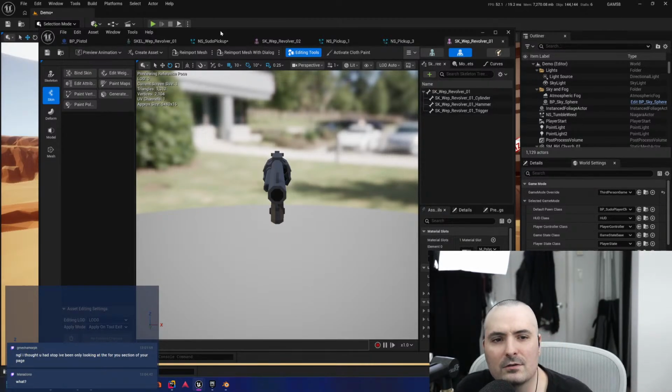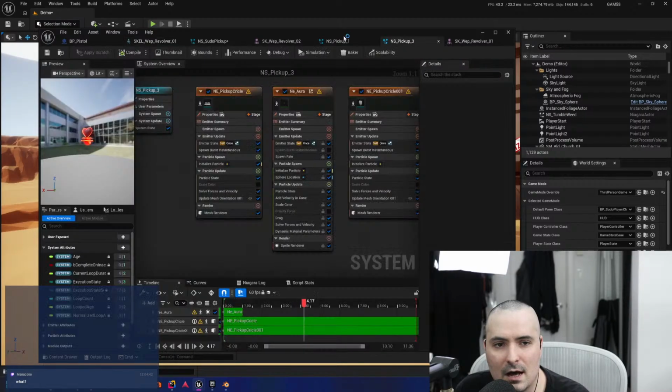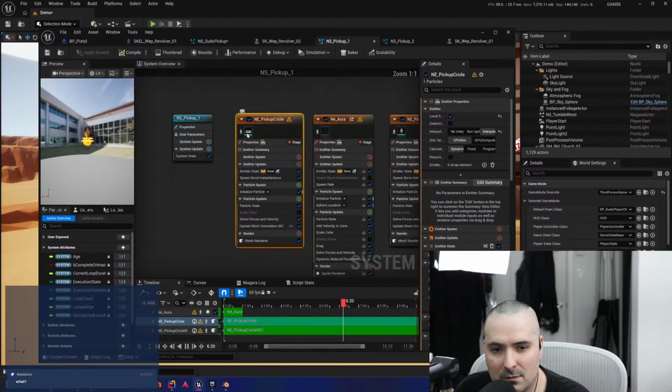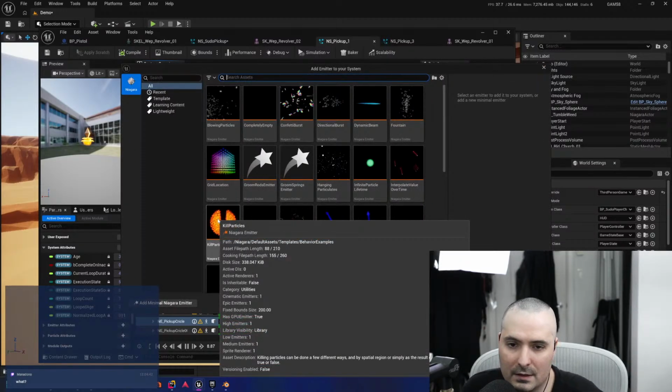I'm trying to convert this skeletal mesh into a mesh. I just want it to be a static mesh because the skeletal mesh doesn't work, as far as I realize, with the Niagara system, because it only works on that. Because if I type in mesh, it doesn't give me many options.